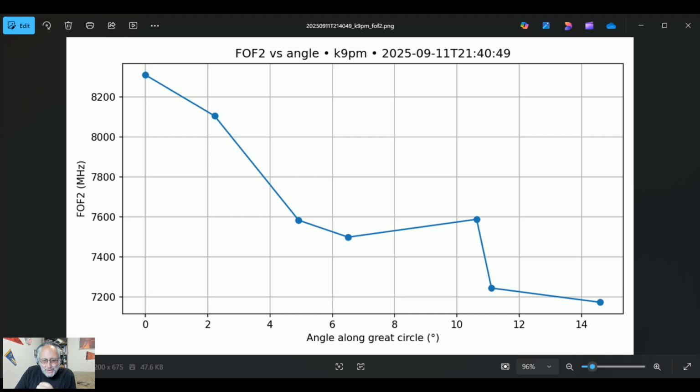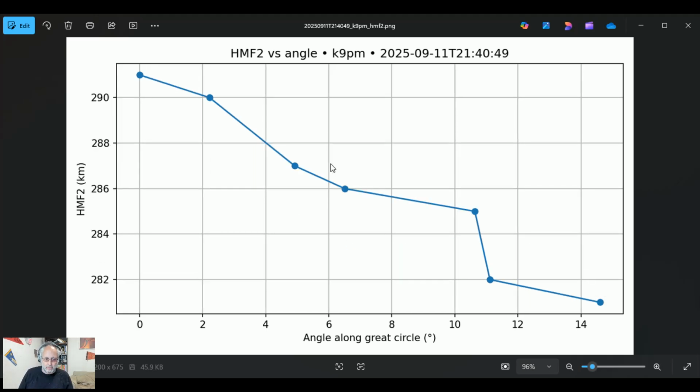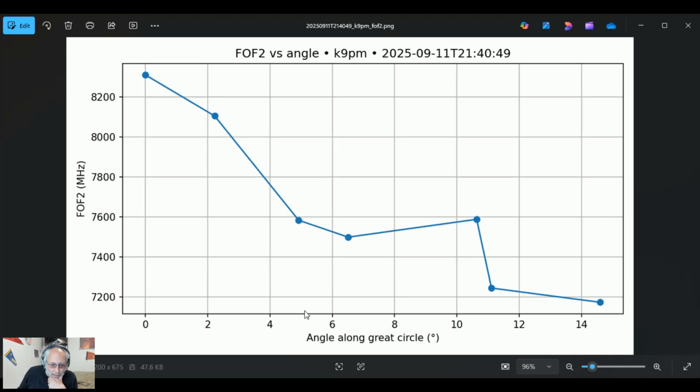We're getting more data more quickly for our Parks on the Air outings than I really have had time to process and figure out how to display usefully. And so we've got a lot of charts that show the numeric values of the critical frequency along the path of our QSOs. And we do the same thing with the height of the F2 layer along the path of our QSOs. I don't have a real good tool for displaying like a deck of charts in the blog yet,